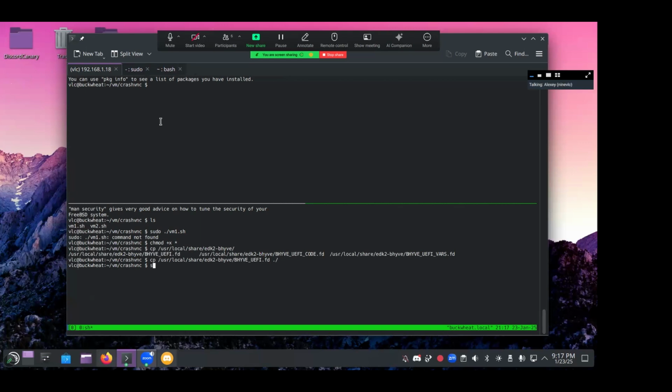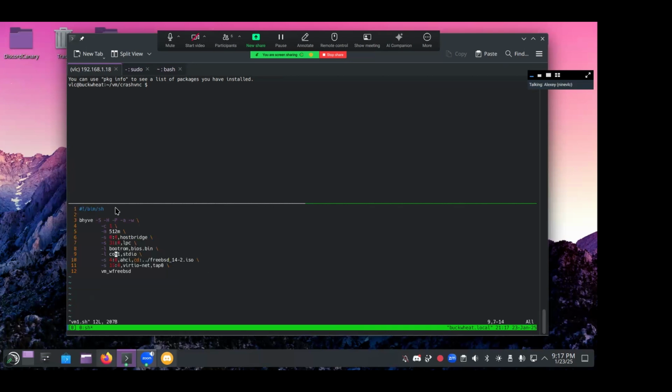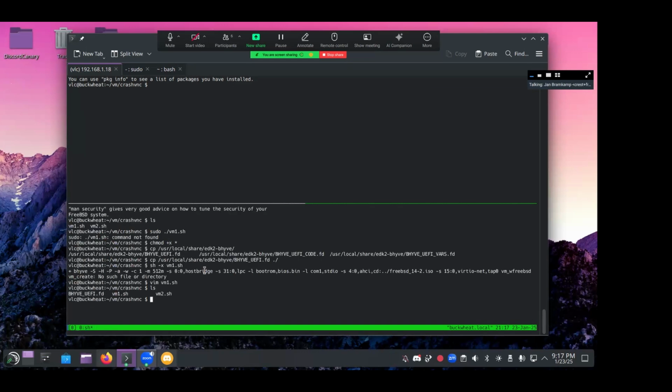Oh yes. vm1, vm create. I think I messed up somewhere. Did you load the VMM kernel module? Are you privileged? Yes. Actually do it with sudo sh -x.